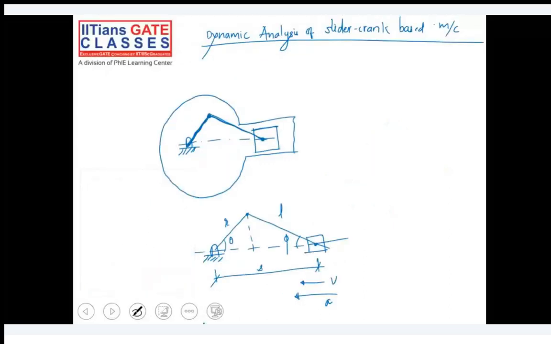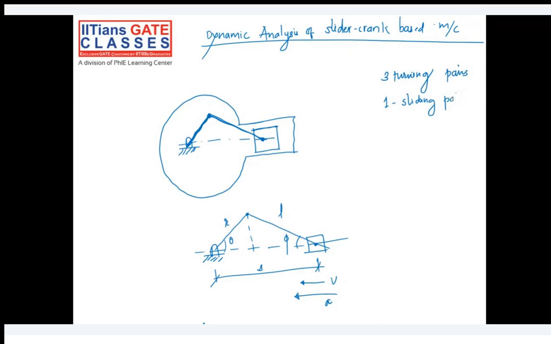So in this case, how many turning pairs are there? Yeah, we have 3 turning pairs and we have 1 sliding pair. It's a single slider mechanism. Why? Because